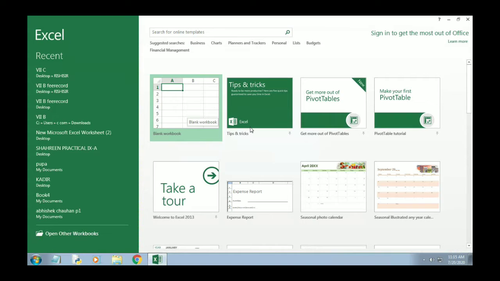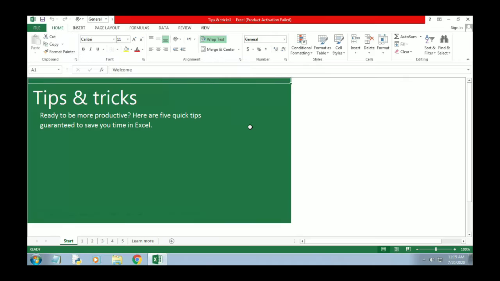Now what we have to do is open a blank workbook. This first one here is the blank workbook, so click over the blank workbook.